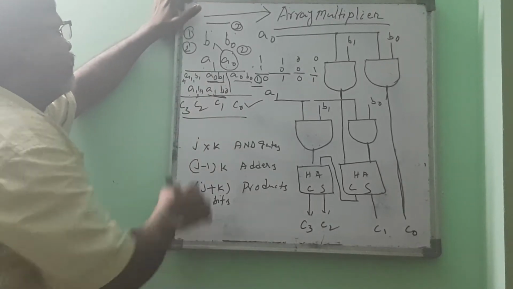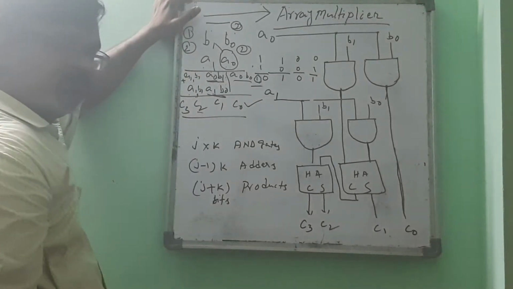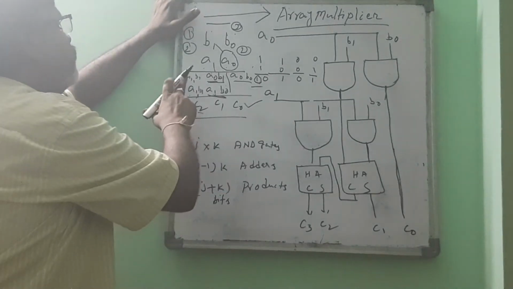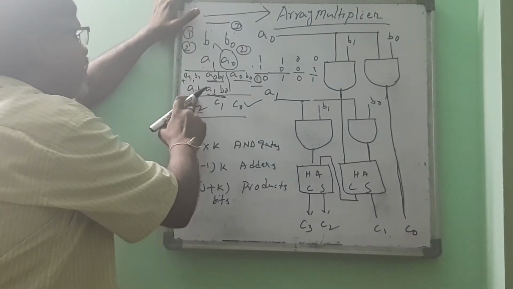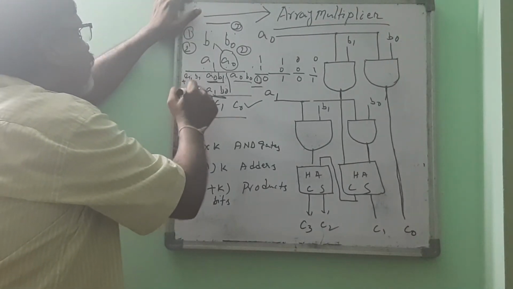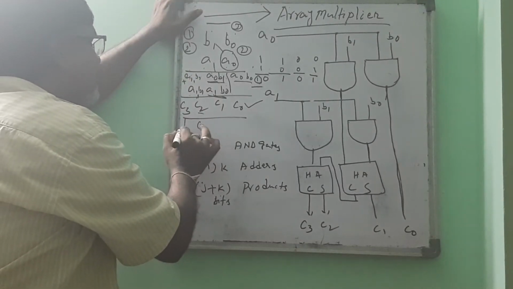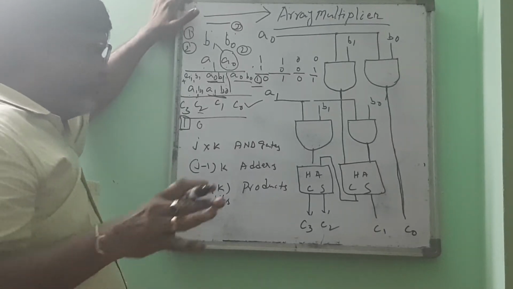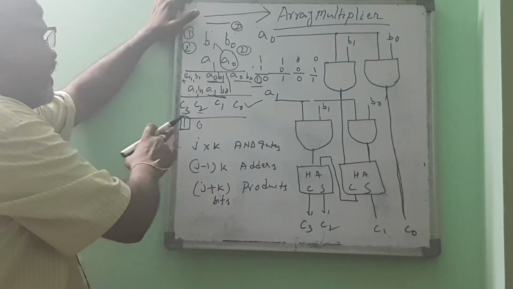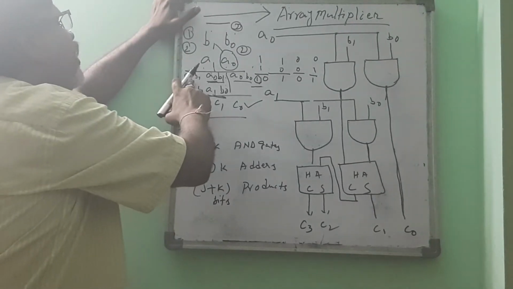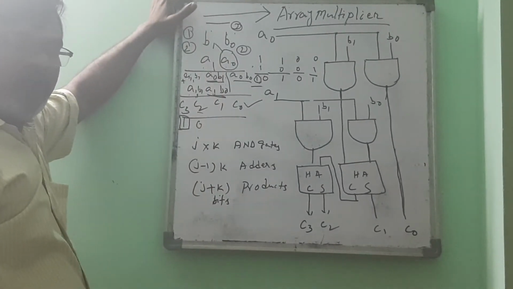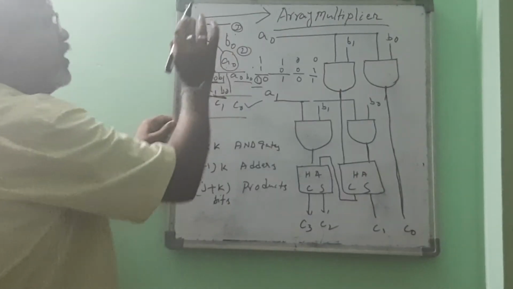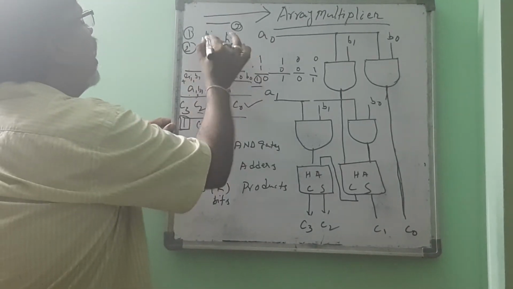Again in this A1, B1 plus 1, sometimes you will get only C2 if both are zeros, and if both are ones, so A1, B1 is also 1 and the carry is already 1. So if you are adding this 1 plus 1, you get 1, 0. So again an extra carry you will get. So there is a possibility of getting an end carry based on the values of A1 and B1.